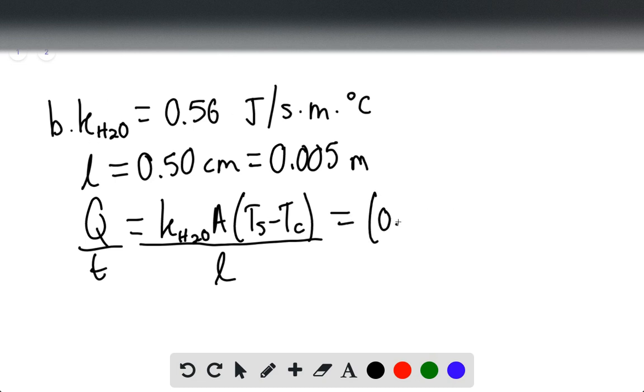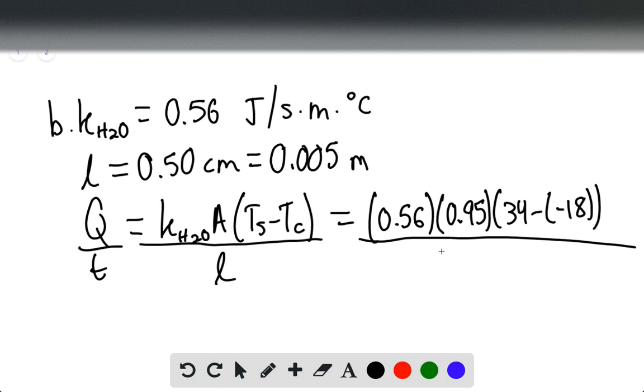So we have 0.56, times our 0.95, and then 34 minus negative 18, all divided by 0.005. And we find that Q divided by T, the rate of heat flow, is equal to